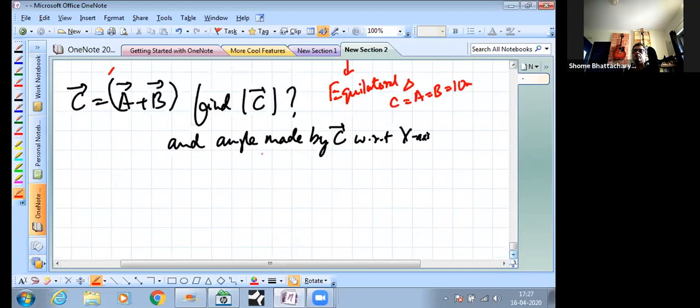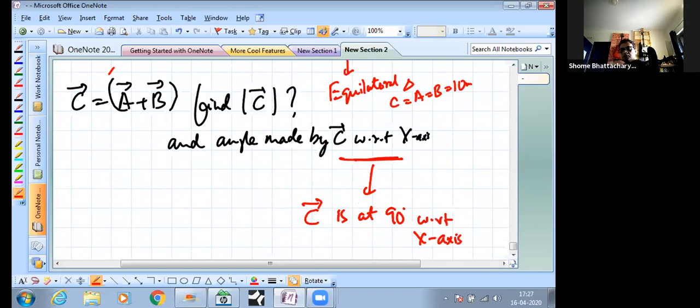So we wanted to find out the angle that C makes with respect to the x-axis. So C is at 90 degrees with respect to the x-axis, or is along the y-axis in simple terms. All right, so that becomes the complete solution of this question. Okay, now moving on,